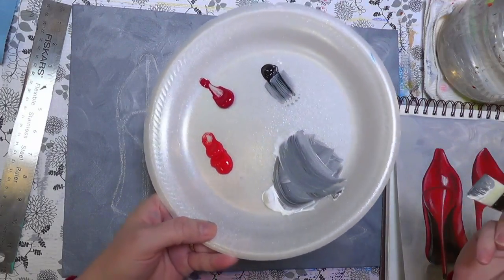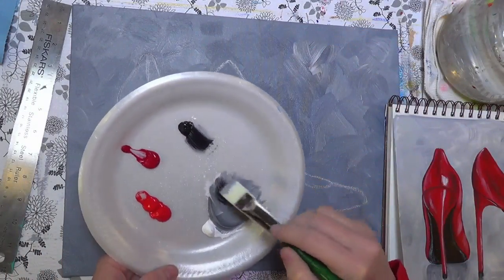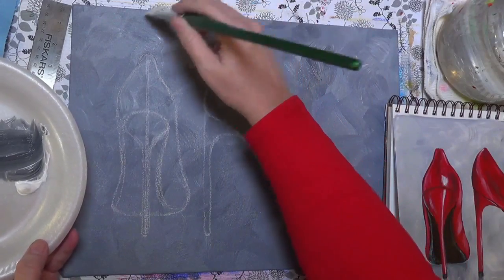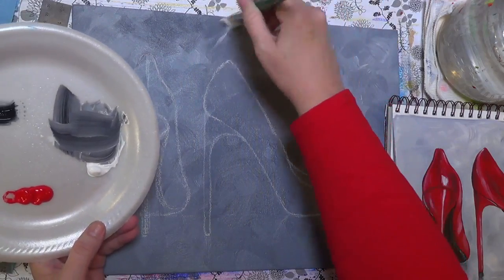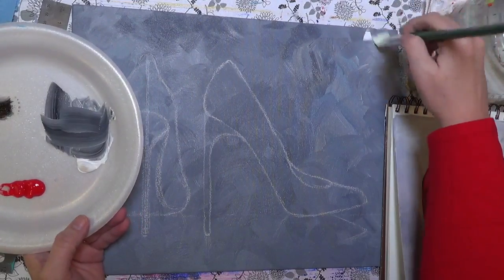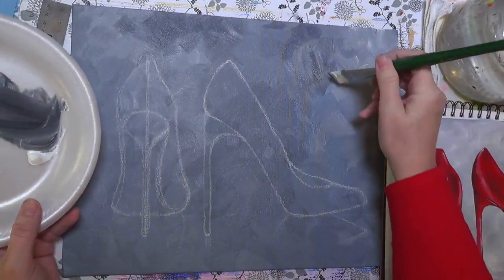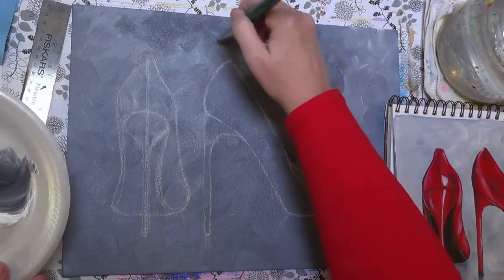And I'm not blending it completely. If you can see, I've got streaks in it, and I sort of like that look. If you want yours to be a solid gray, you can do that too. Just whatever color works for you. You could even do your shoes in a different color, or the background in a different color, whatever you'd like. I just thought the red and black and white looked sophisticated, sort of classy New Year's Eve classic. I was going to do black Louis Vuitton, black shoes with red soles,